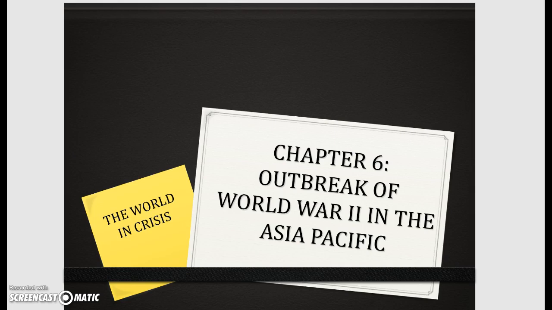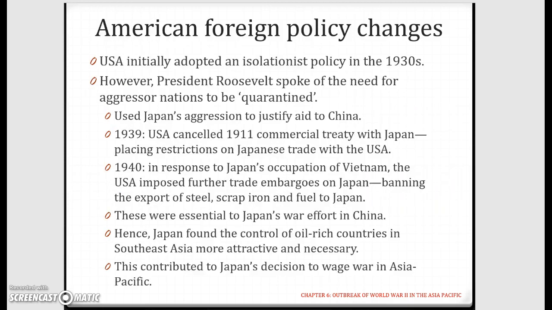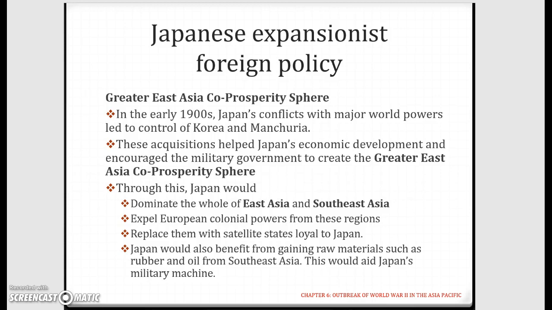So for example, we're going to start off with the ambition. After looking at the ambition, you would realize that stuff under the foreign policy changes might fit in here and there, actually it doesn't really, from the brief glance here. Okay, but wait, let me see. This one might fit into what is happening at the front. I really don't like this factor, the Japanese expansionist foreign policy, because it overlaps with everything else, and the rest of the factors are sort of a causation to the foreign policy.